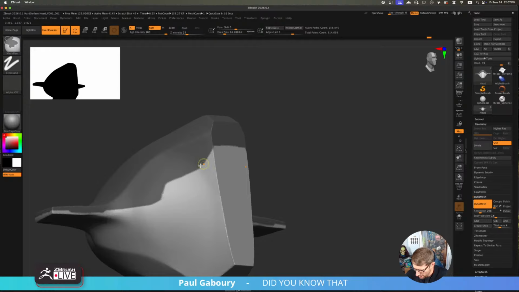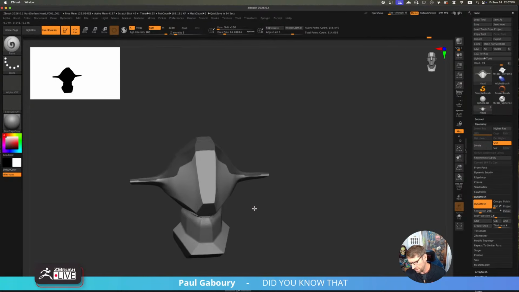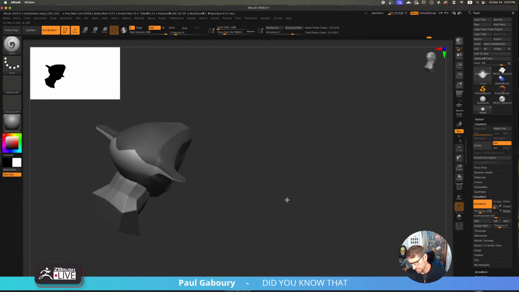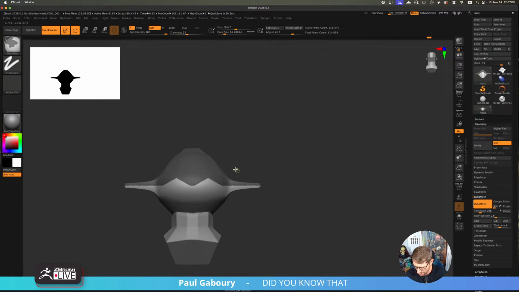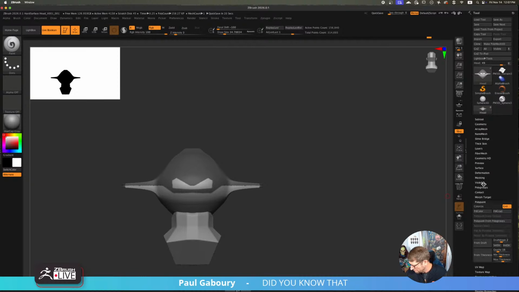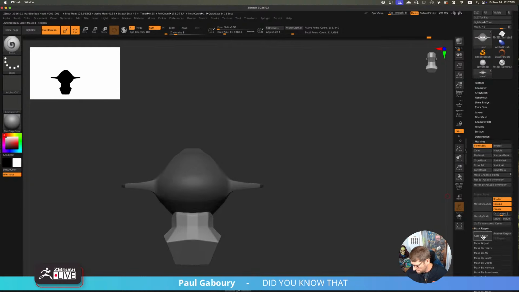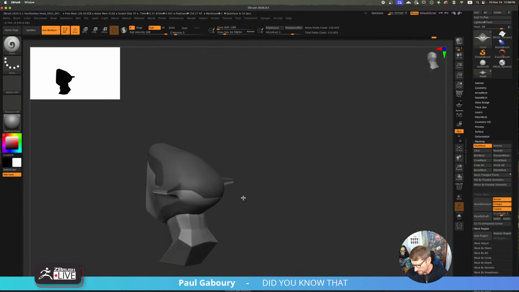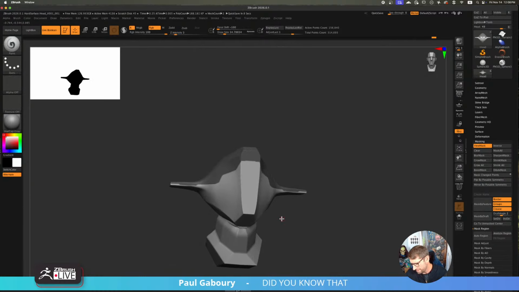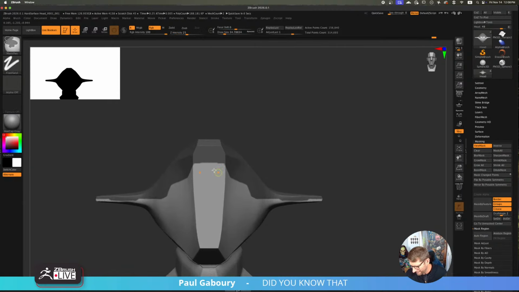Just kind of start playing with these shapes a little bit. And then this is kind of what I like. Okay, I definitely don't like this. So let's maybe come down and do this. And then I'm going to go into my masking and mask by region. Okay, it's seeing the other mask I made on the bottom. Just something, I don't know yet. Do I want this to come all the way up here?